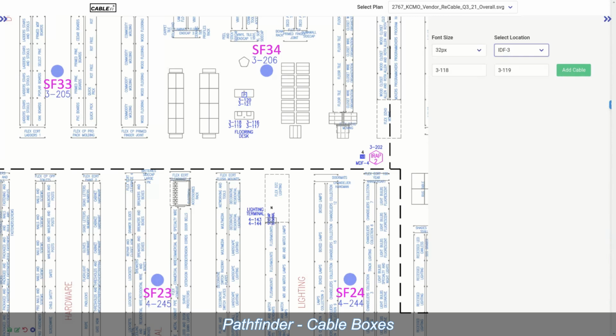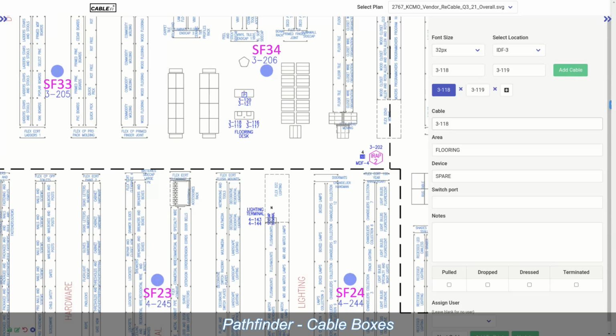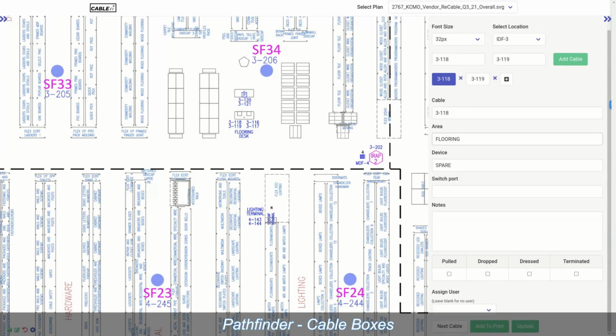So let's click Add Cable. Now we can see, since we already uploaded all of our cable information, that is automatically pulled up. So for this example, we just want to add the boxes. Now, you can build out your line run summary without ever uploading a spreadsheet, as long as you add the locations that you need